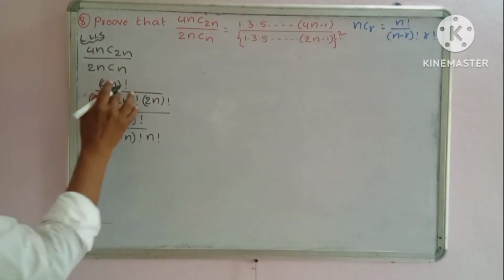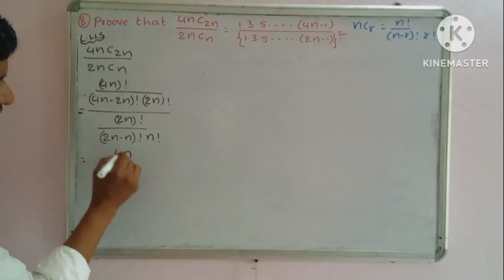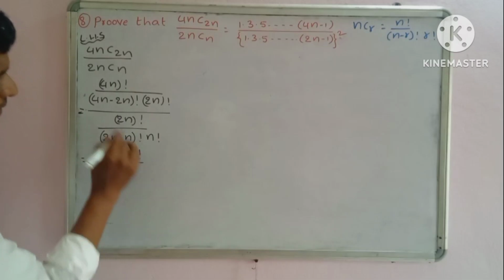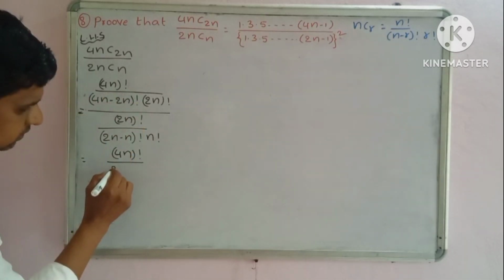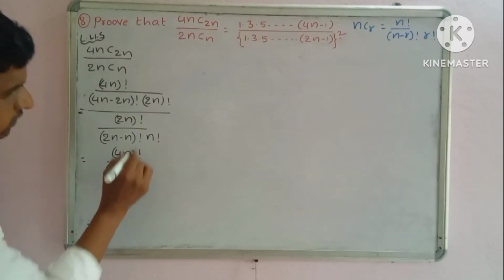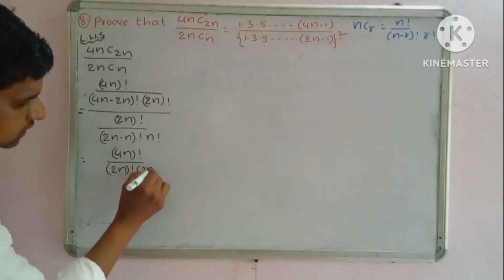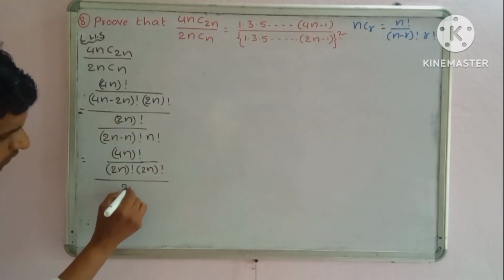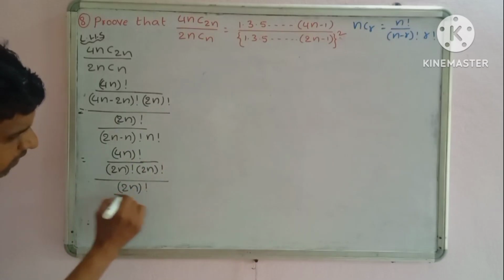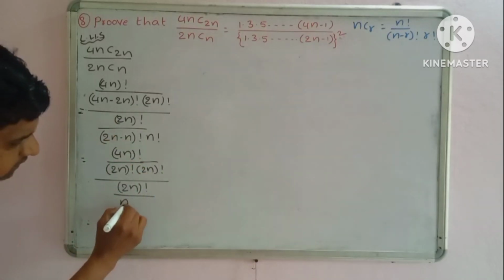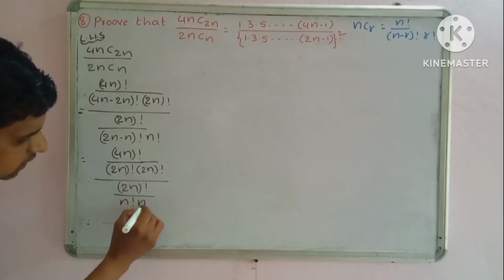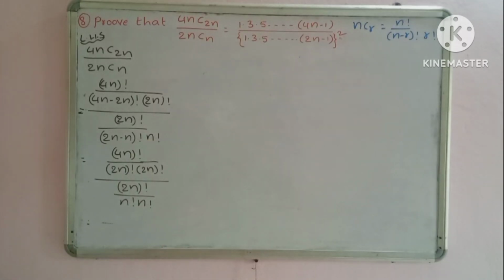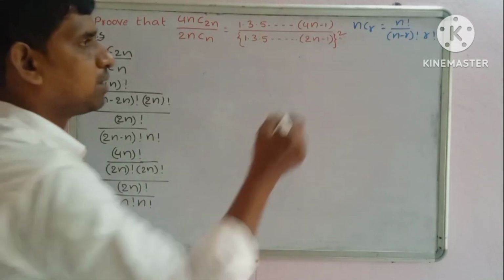That equals 4n factorial by 4n minus 2n, which is 2n factorial. Here also one more 2n factorial is there, by 2n factorial by 2n minus n, which is n factorial, into n factorial. See another formula: